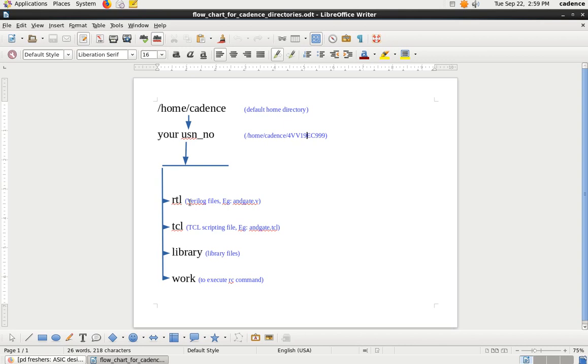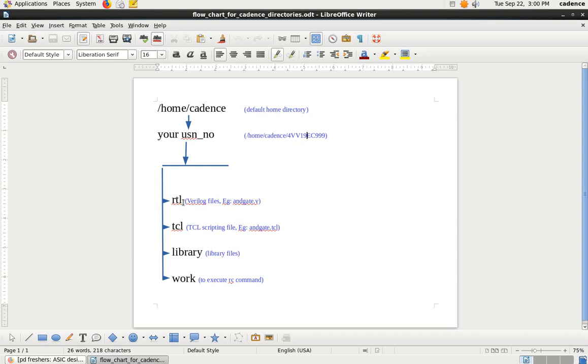I have also given their importance, why we have to create these four subfolders in the digital design flow. The RTL folder is where we write RTL codes for a corresponding specification. All the code files will have the extension .v, so all these Verilog files will be stored in the RTL folder.